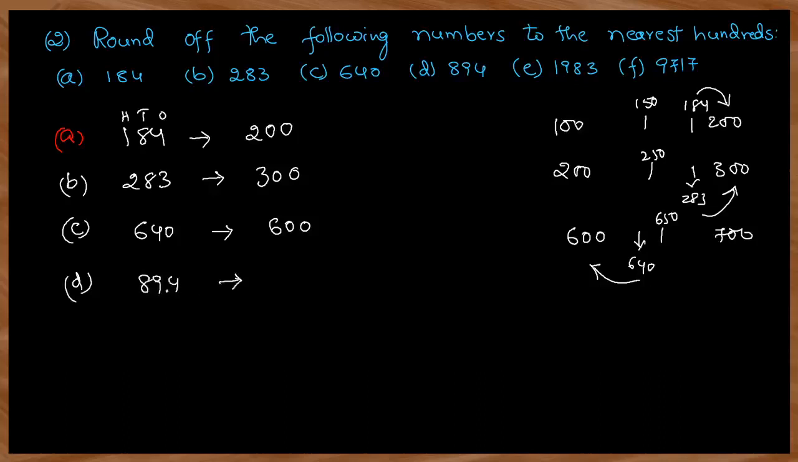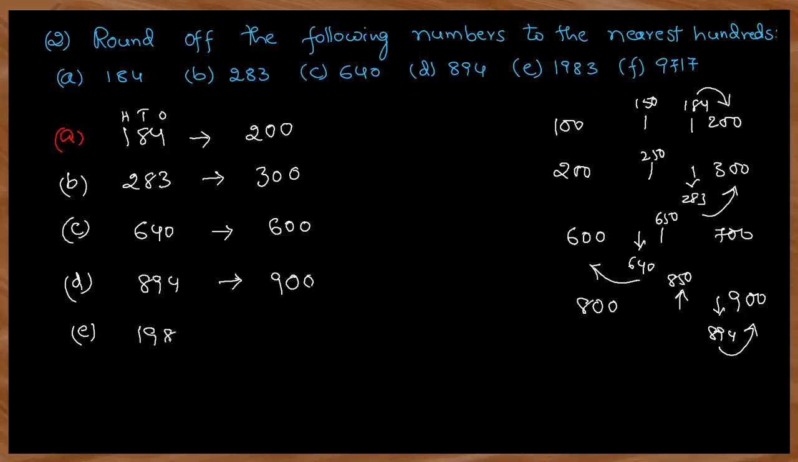894, which is above 850. So it goes to the 900, obviously. So check here. What is the hundreds place here? 8. So 800 to 900 we have to check. What will be the middle number here? 850. 894 exists somewhere here, which is nearer to the 900. So therefore the nearest 100 of 894 is 900. Next,